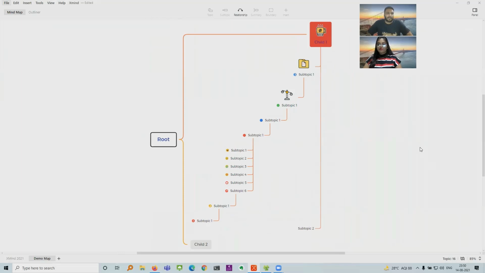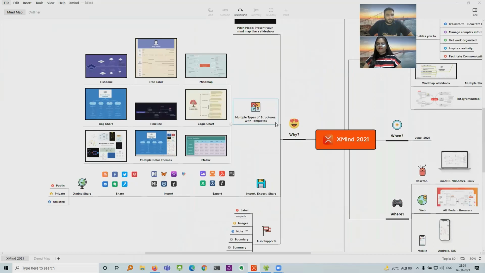Yep. And Xmind is a really cool tool, and I have been using it a lot. I use it on a daily basis. Even when I was preparing this mind map for this video, I realized that there are a lot of features which I have not even touched, and there are a lot of things that I can experiment with, play with, and it makes me really creative, and it's so cool.